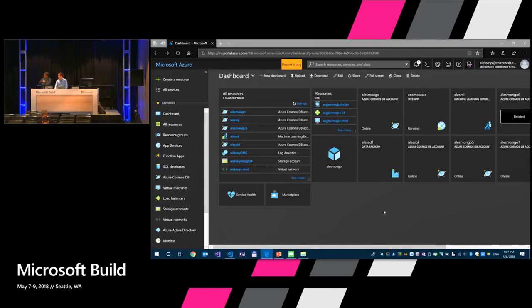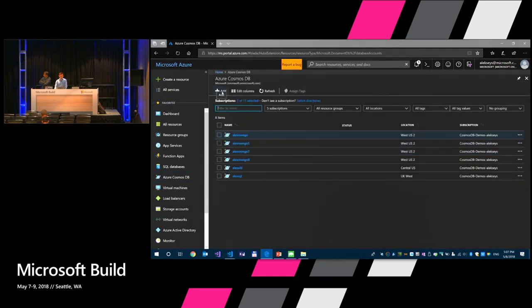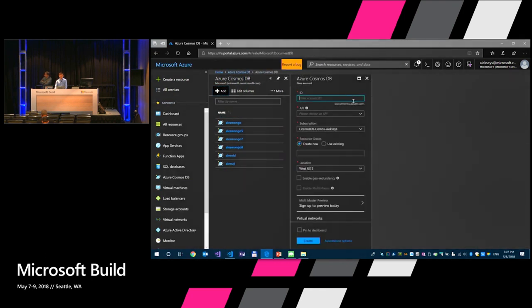This is Azure Portal. When you go to Azure Portal, you will see Azure Cosmos DB on the left-hand side. If you click on it, there's a plus add button. If you click on that, it will allow you to create a new account where you can choose